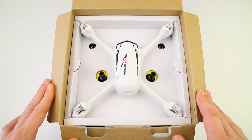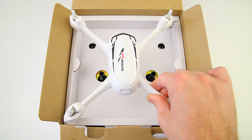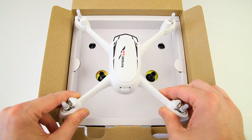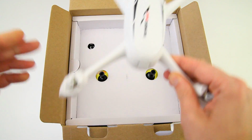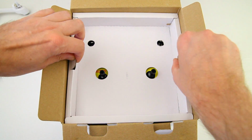As you can see, a quadcopter, a white quadcopter. It is brushed for this price and the size of this quadcopter. That's okay, I think. But yeah, it looks well finished, and the plastics look nice. We'll have a closer look in a minute. And if I lift this off,